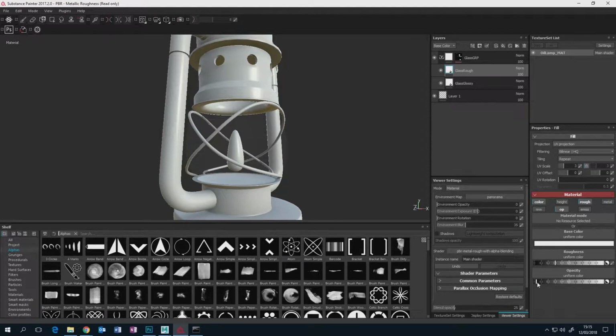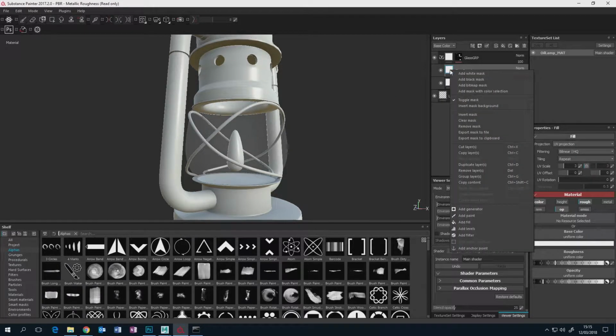And I'm also going to make it less opaque, because I figure where it's rougher, it's going to be essentially scratched. And when you scratch glass, it tends to lose its transparency, if you look at it in the real world. So I'm going to lift this up a little bit. Not too much. I still want it to be transparent, but I'm going to lift it up a little bit. So now I've got a rough version of the glass on top of the glossy version of the glass, and